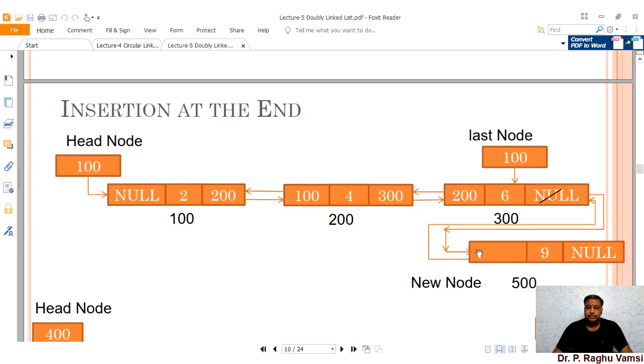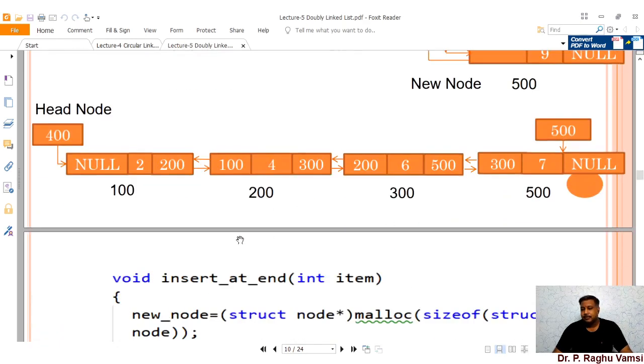The new node's previous pointer is referring to the last node, and the last node's next should point to the newly created node, and the newly created node's next should point to null. Thereby, the link will be established between the newly created node and the already existing list. So this is the way you are supposed to do inserting at the end.